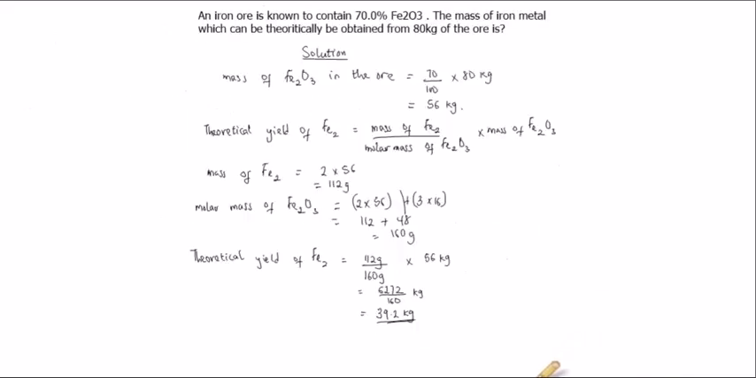So with this, we've come to the end of the solution to the question, and we've gotten the mass of iron metal which can be theoretically obtained from 80 kg of the ore